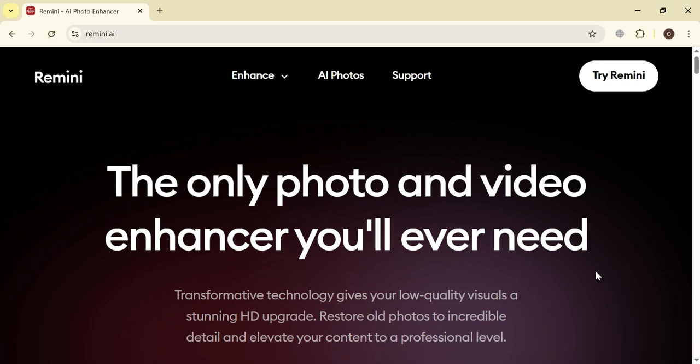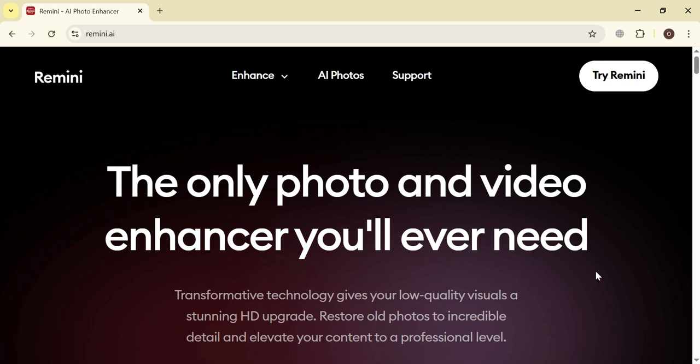In today's video, we will explore how to use Remini Photo Enhancer to improve image quality instantly. You will learn how to enhance blurry or low resolution photos, restore old images, and apply AI powered enhancements with just a few taps. Whether you are a content creator, photographer, or social media user, this step by step guide will show you how to achieve sharper, clearer, and more professional looking photos using Remini.